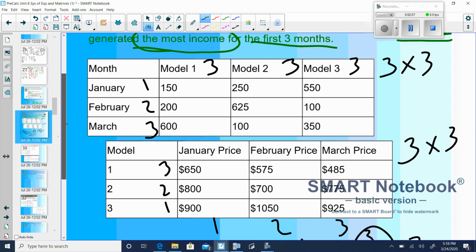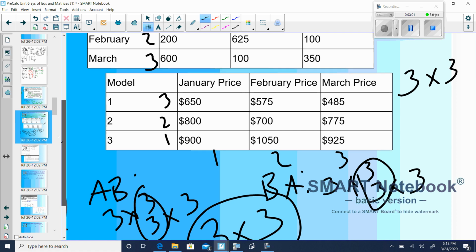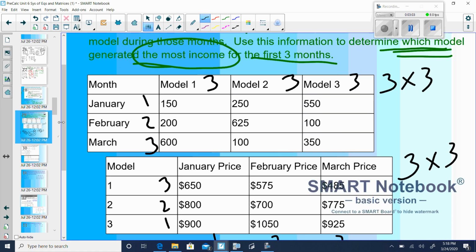So how in the world are we going to know which one we need, since AB is not necessarily equal to BA, since there's no commutative property? We have to think about what's going to be taken out, right? Because here we have months and models, right? So we have months, models. Here we have models,